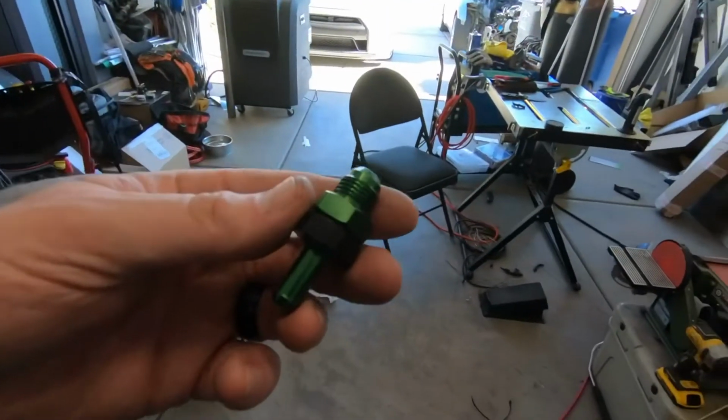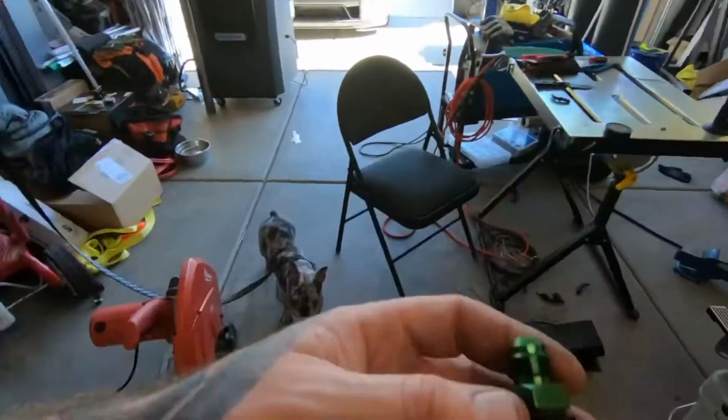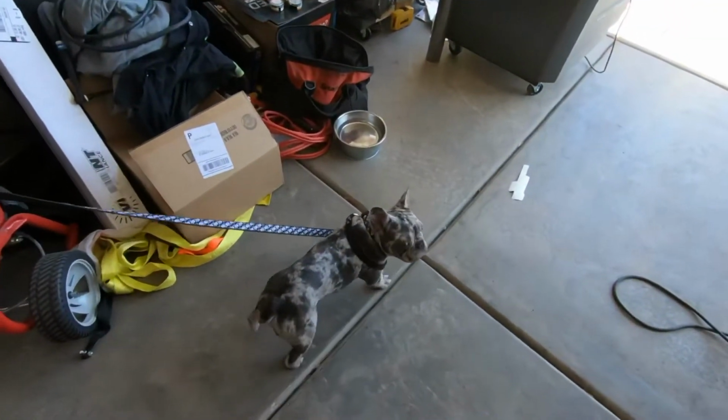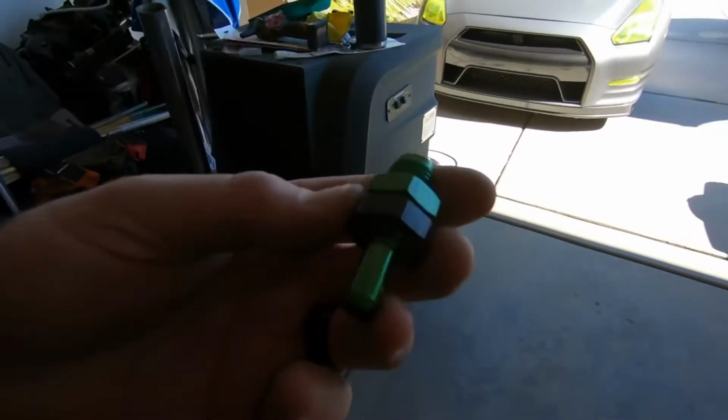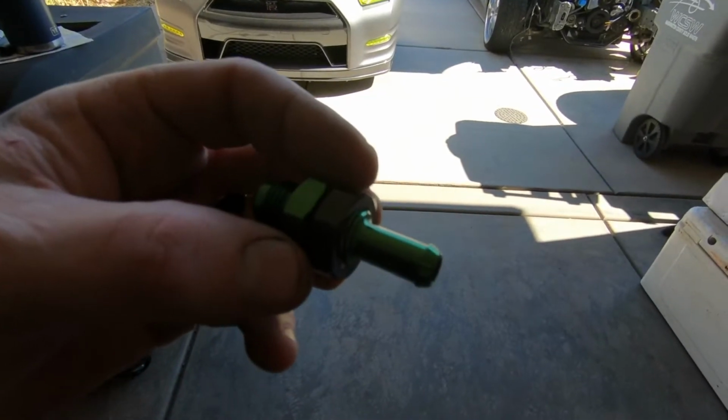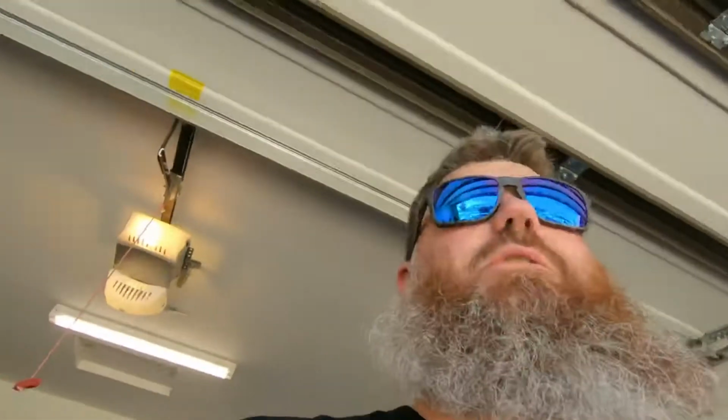So just this fuel tank bulkhead. See my little puppy in the background there, Jeffy. He's tingling himself up. So anyways, a little bulkhead. I'll put that in the fuel basket. And I've actually got two